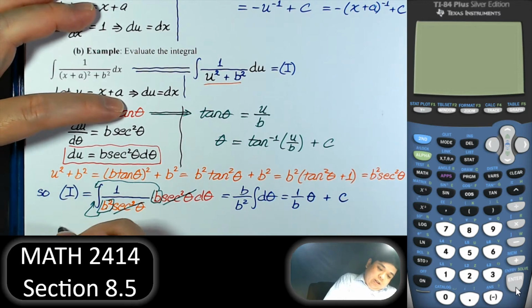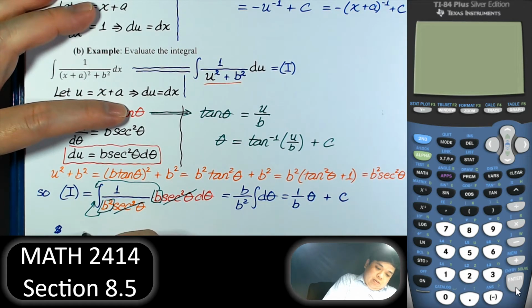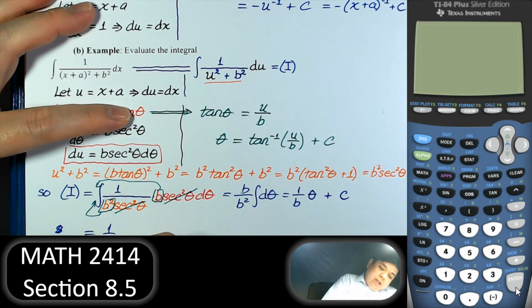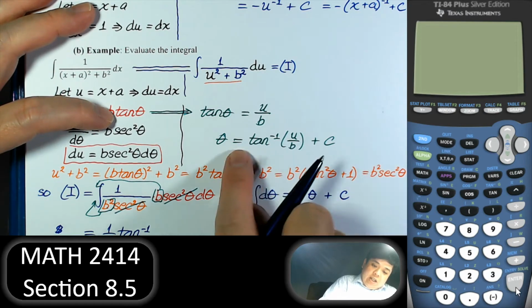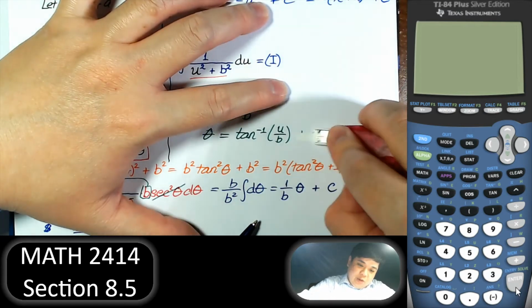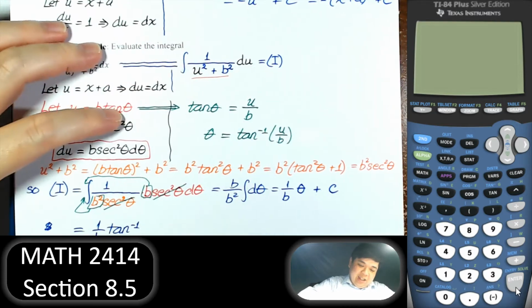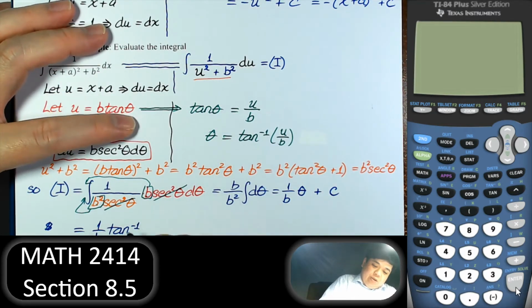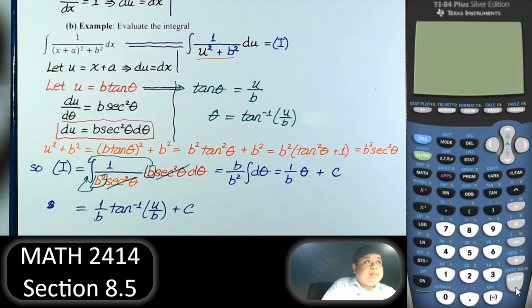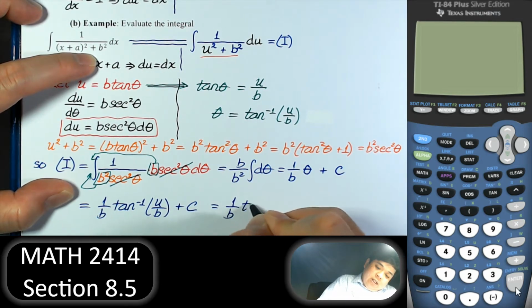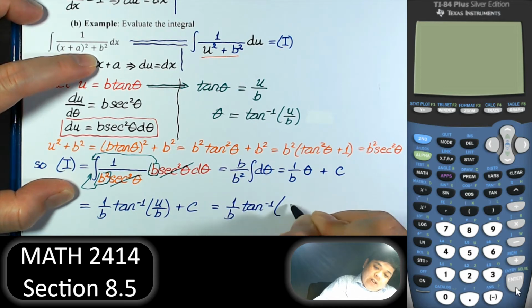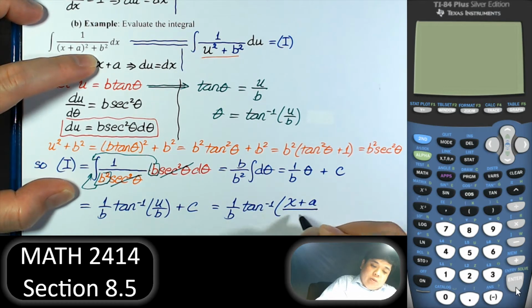So the integral equals 1 over b times theta. There's no plus c here, sorry. Theta is tangent inverse of u over b, then plus c. And u is x plus a, so we have 1 over b tangent inverse of x plus a over b